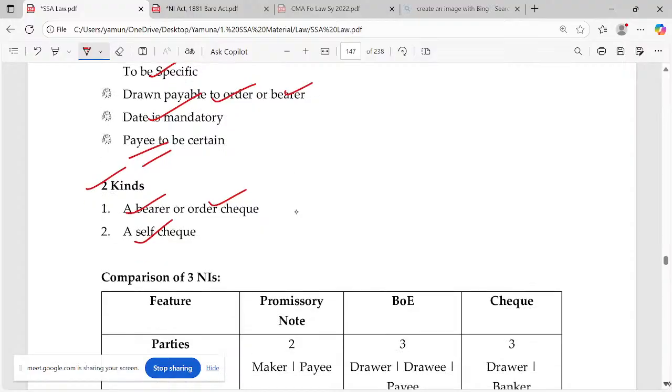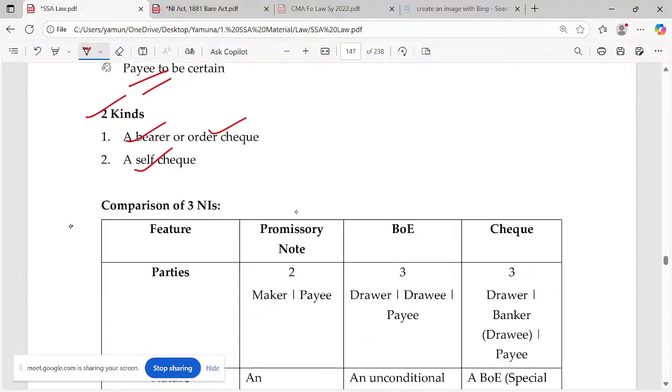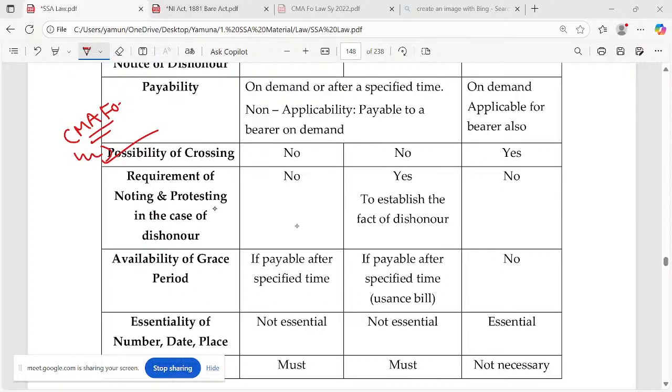Okay. So all the 3 negotiable instruments are compared in a single table. Please refer to it now. You need not look at the earlier 3; look at this one table. We should look at it from the exam point of view. Definition. Okay, yes please. Crossing is applicable only for checks.